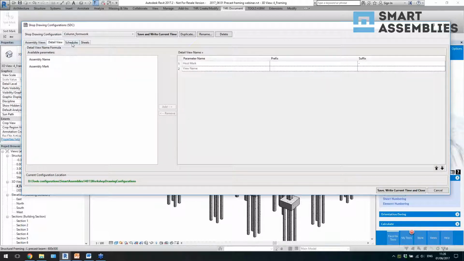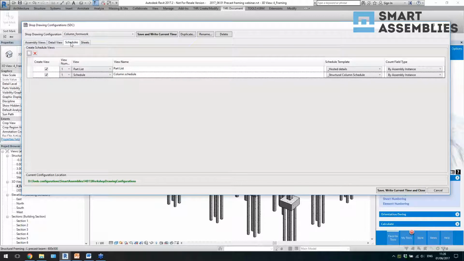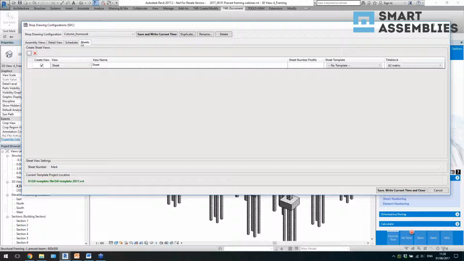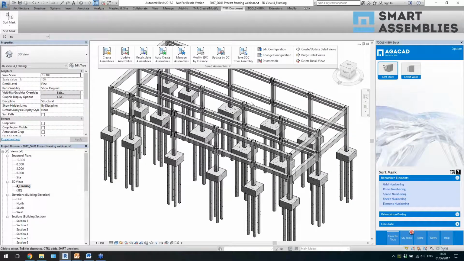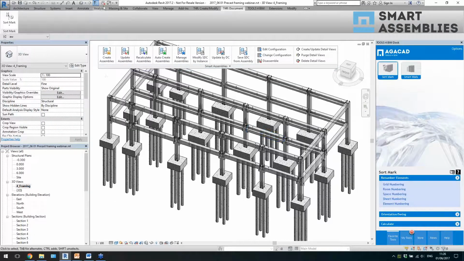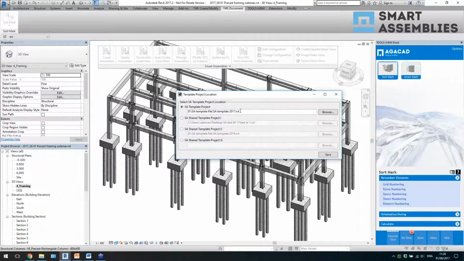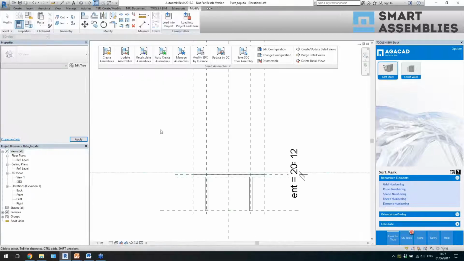Then, okay, this is the naming of model views. Then schedules, yeah, add as many schedules as you want. Select the templates. How should it look like? And then at the end, the sheets. So the sheet, give it a name, select the sheet template, the title block, and then create your assemblies, right? So the sheet template, actually, I have the template project. So I have a template project in this location. And in template project,